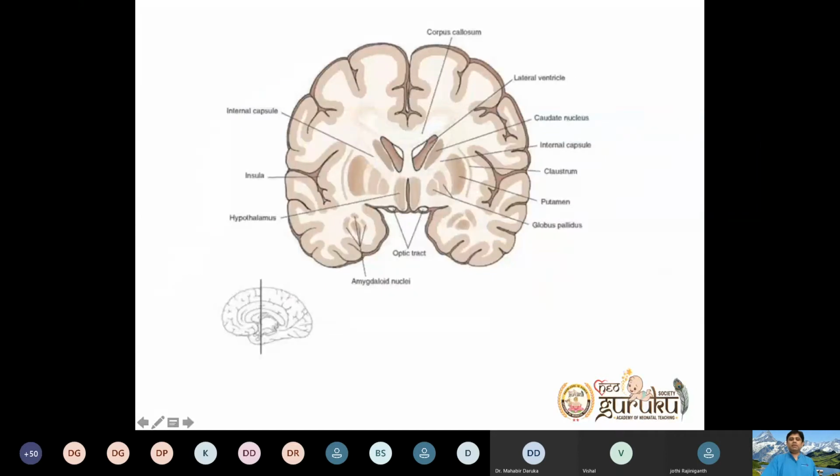So this is the coronal section, schematic diagram. From top to bottom, you have layers of skull, then the interhemispheric fissure, gray matter, white matter, that is your frontal lobe. Then you have your corpus callosum, anterior horn of the lateral ventricle, then the caudate nucleus. In between the caudate nucleus and globus pallidus, you have your internal capsule. If you go a little posterior, you will see the thalamus, and anteriorly the hypothalamus, and the pituitary gland hanging. On either side, you see your optic tract. So this is how it looks from the left.